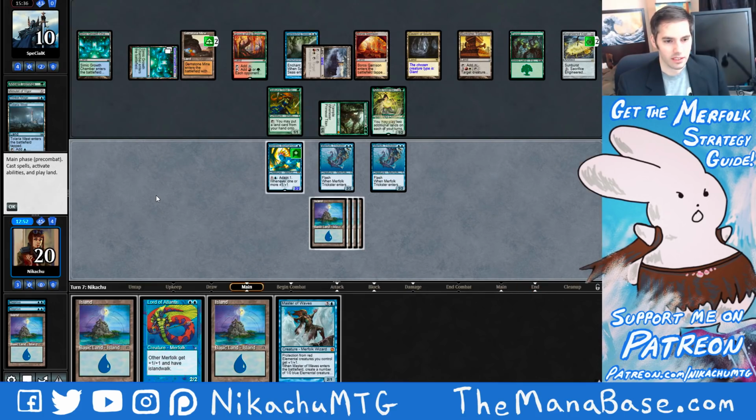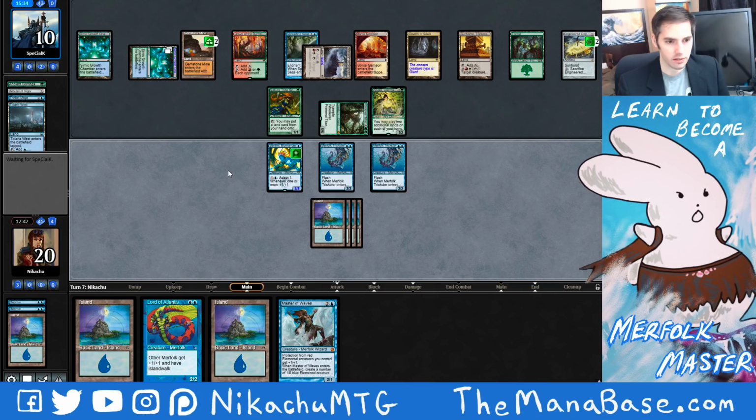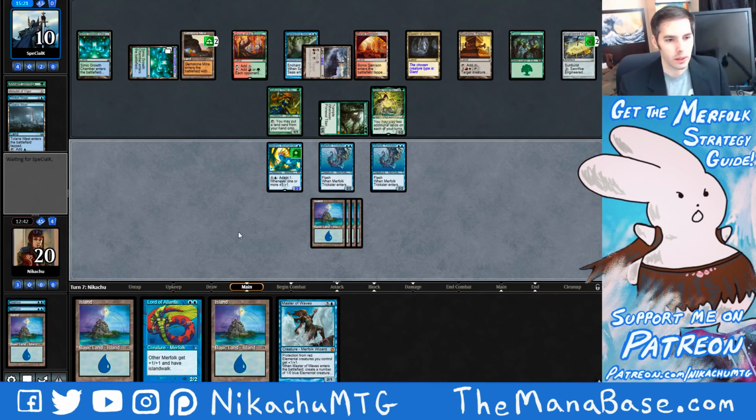You put him in right now. The problem... Max Devotion. They'll just pop Engineered Explosives. So let's attack. If we could hit 6 mana, that wouldn't be too bad. Play Lord, Master of Waves. That'd be reasonable. Still wouldn't be great. They would still...